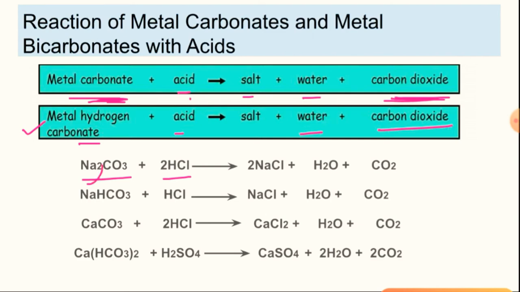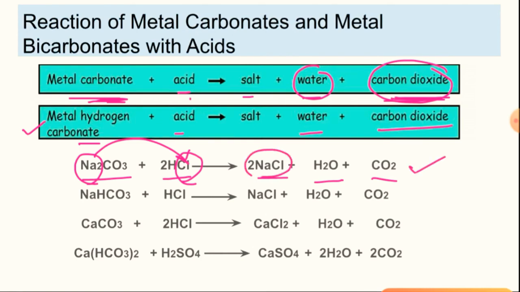So sodium from this base and the anion from the acid will react together to form the salt, and the rest of the elements will rearrange themselves and form water and carbon dioxide, because water and carbon dioxide are the byproducts in this chemical reaction. So water and carbon dioxide will definitely be formed, but which salt will be formed depends on the nature of the cation and anion we have chosen as the acid and base.